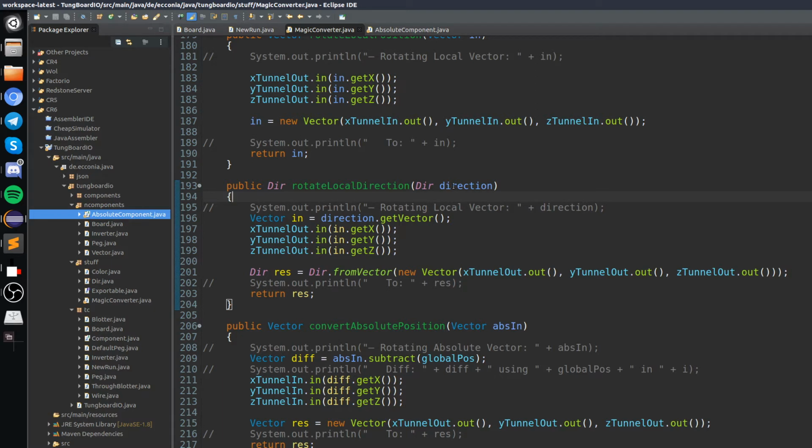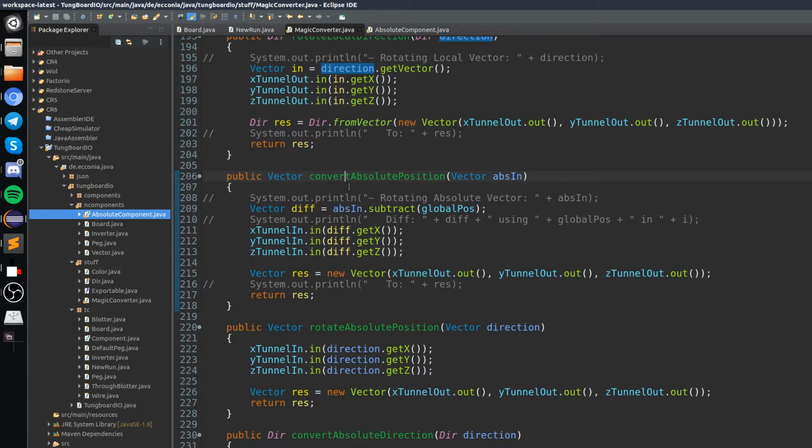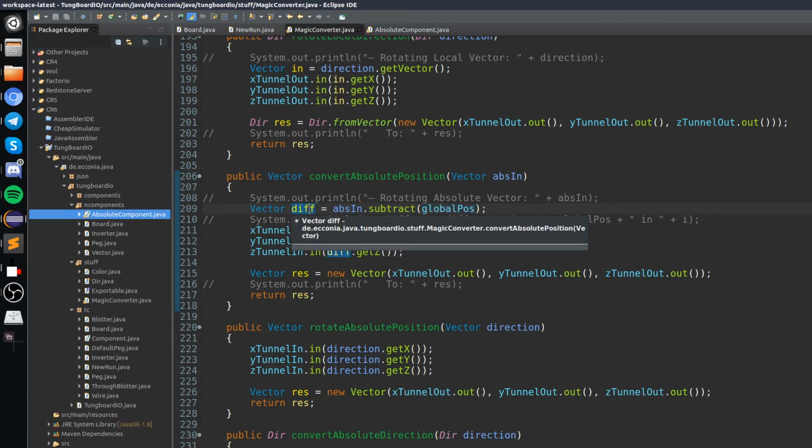I insert directions, for example. Well, let's start with the convert ones. The convert ones are the actual relevant ones. I put in a vector, which is basically an absolute position. I subtract the global position of that vector, so I get the relative position of the vector which I inserted to the zero point in the current coordinate system. And all I need to do now is rotate that point to the right,